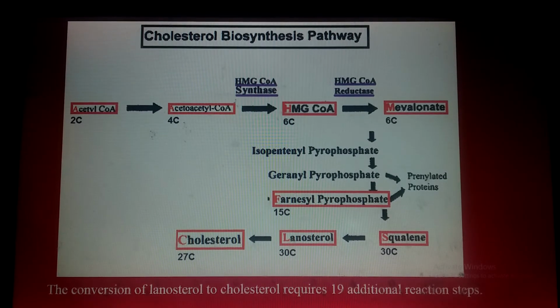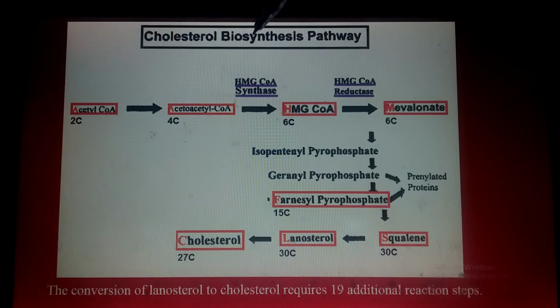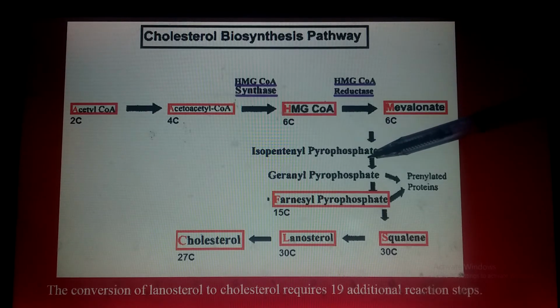You can see here, this is the acetyl coenzyme A. This is converted into the acetoacetyl coenzyme A. Then it is converted into HMG-CoA by the HMG-CoA synthase. Then HMG-CoA by another enzyme, HMG-CoA reductase, is converted into the mevalonate. If you are a student of biochemistry, you can easily understand this. Okay. Now mevalonate is converted into the isopentenyl